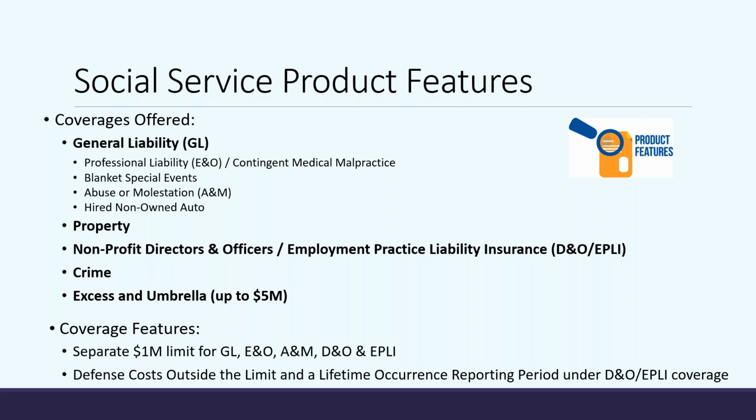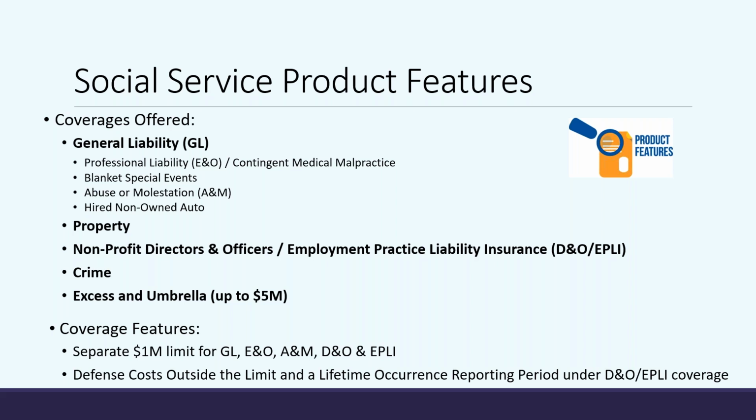So again, a lot of times these organizations are run and fundraised through a board, and these board members may be high net worth individuals. We can go over all the different coverage features that we have at a later time. But we do have a very strong product in the nonprofit EPLI and the D&O that we can also package in this package. Again, if it's not going to be a fit for the GL or the property or something like that, we could actually consider D&O on a monoline basis as well if that's needed.